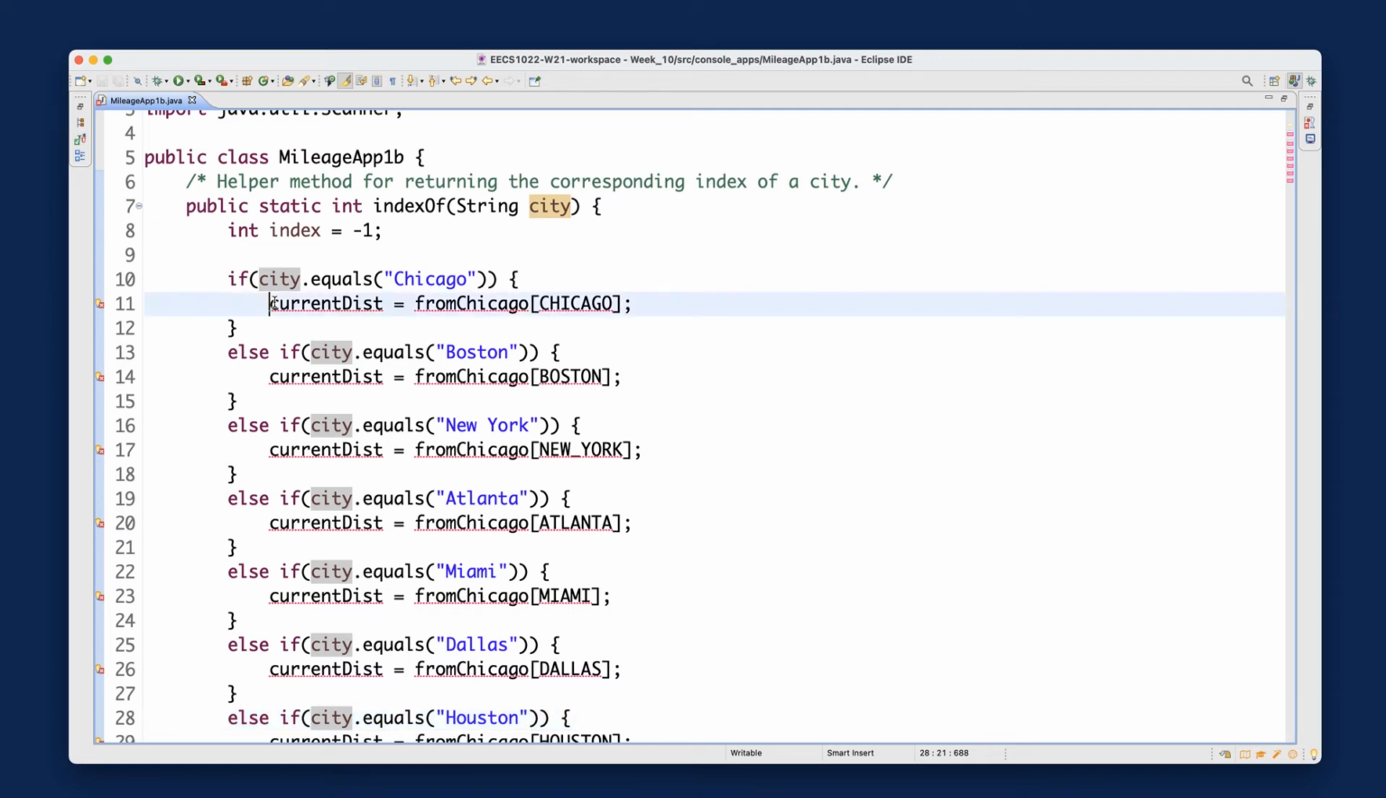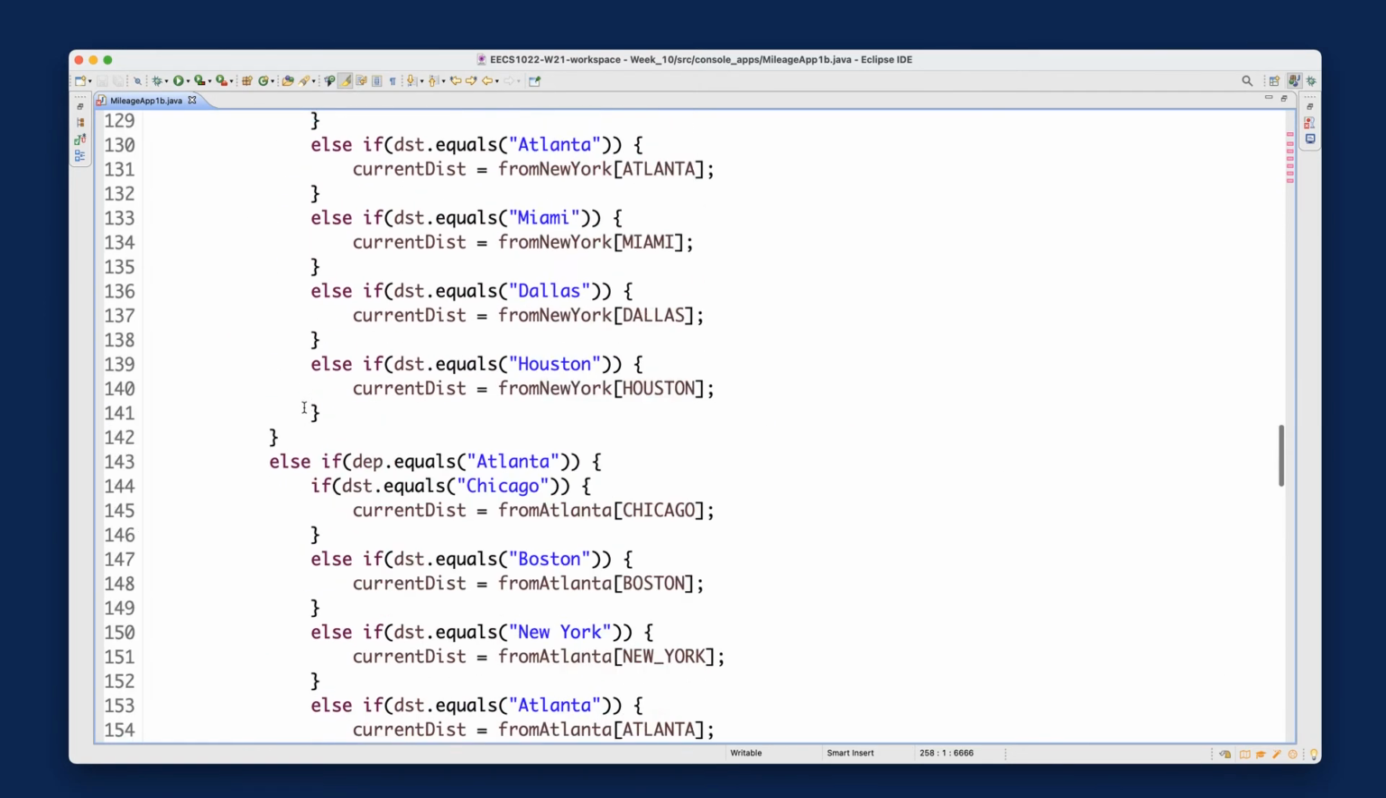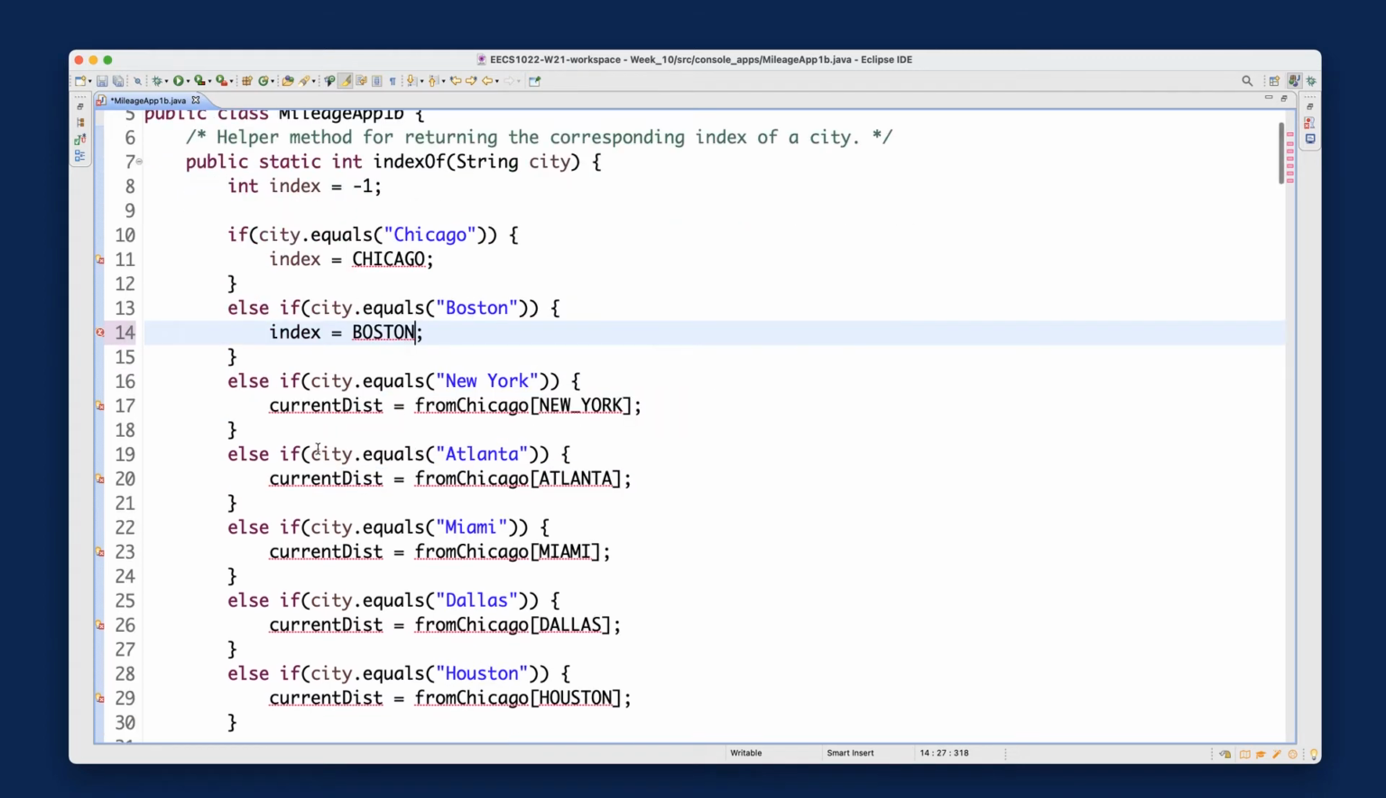So now if that's Chicago, that means the index we should really use should be Chicago. So that means index should be assigned to Chicago, right? Sorry, just somehow went to the end. So here, that should be Chicago over here. And then let me just copy this part here. That's what I would need. So that will be Boston, right? And then